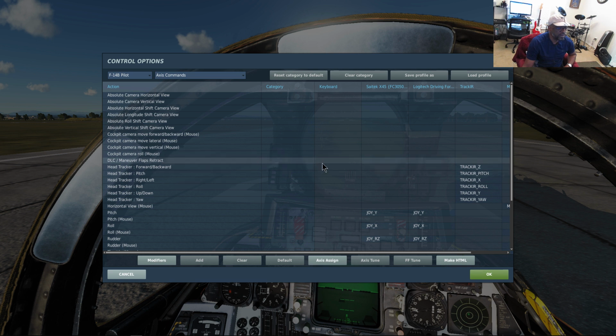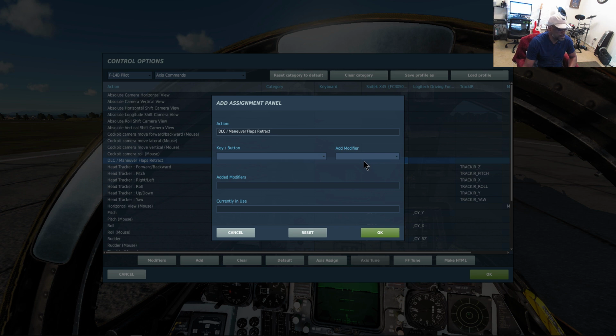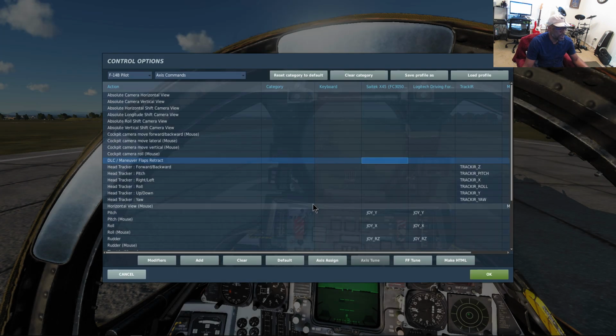I see DCS maneuver flags. This is what I need right here. I don't think I can use anything on here. I don't want to modify. I just want to do something. It won't let me adjust it. Okay. I can adjust it with this. Yeah, but